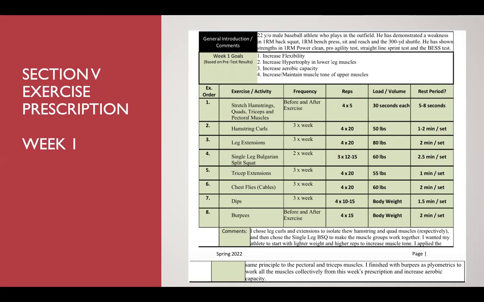Goals: increase flexibility, increase hypertrophy in lower leg muscles, increase aerobic capacity, and increase and maintain muscle tone of upper muscles. So before every exercise, we did some stretching. And what I did was the hamstring curls and leg extensions were there to isolate these muscles. And then the single leg Bulgarian split squat combines these muscles in this one workout